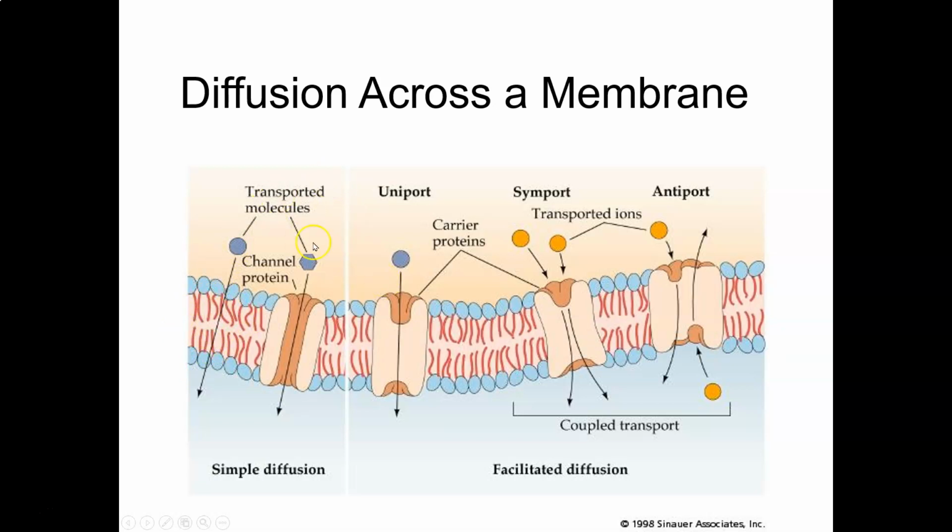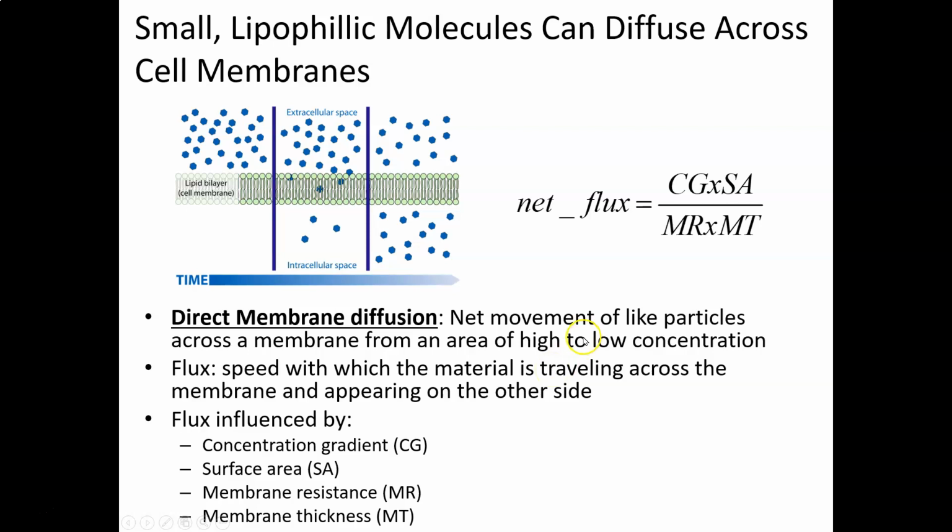Okay. In addition, because we're talking about diffusion, all of these molecules in this case, we won't worry about the antiport necessarily, but we have this one moving from this side of the cell, the top, down to the bottom. So where is the concentration the highest for this purple circle molecule? Well, since we're moving from the top to the bottom, and it's diffusion, it means we have to go from a high to low concentration. So the circle has to be a higher concentration on the top in the yellow-brown than on the bottom in the blue. Okay. So how do we go directly across the membrane? Well,